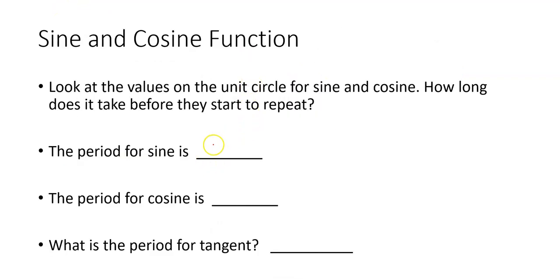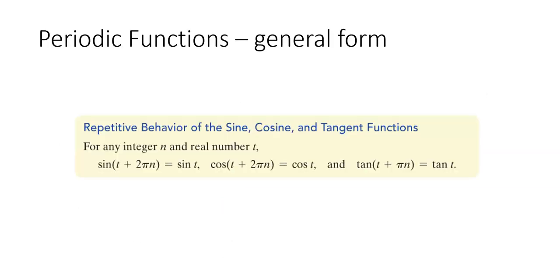So whereas the period of sine is 2 pi, the period of cosine is 2 pi, the period of tangent is just pi. And this may not make a whole lot of sense right now. When we start graphing these, I think it'll make more sense because you'll be able to physically see what those graphs do. So this is just telling you that for a periodic function, you can take whatever value you have and add a multiple of 2 pi, and for sine and cosine, you'll get the same thing. For tangent, if you add a multiple of pi, not 2 pi, just plain old pi, you'll get the same